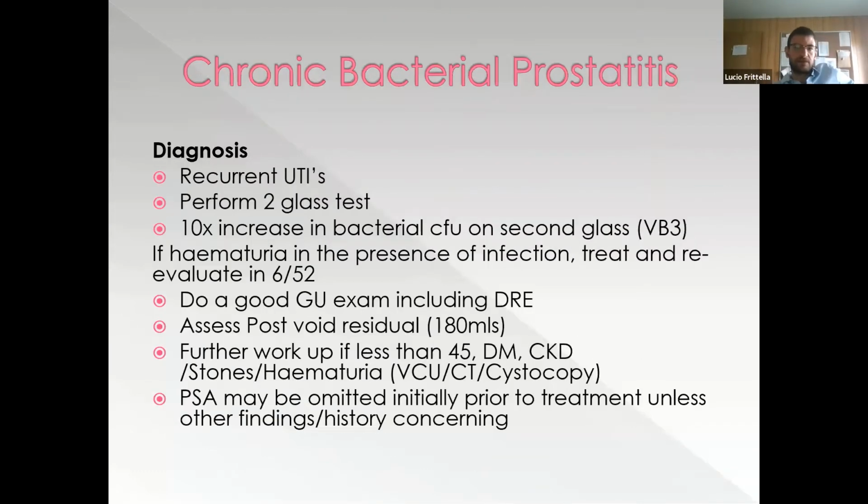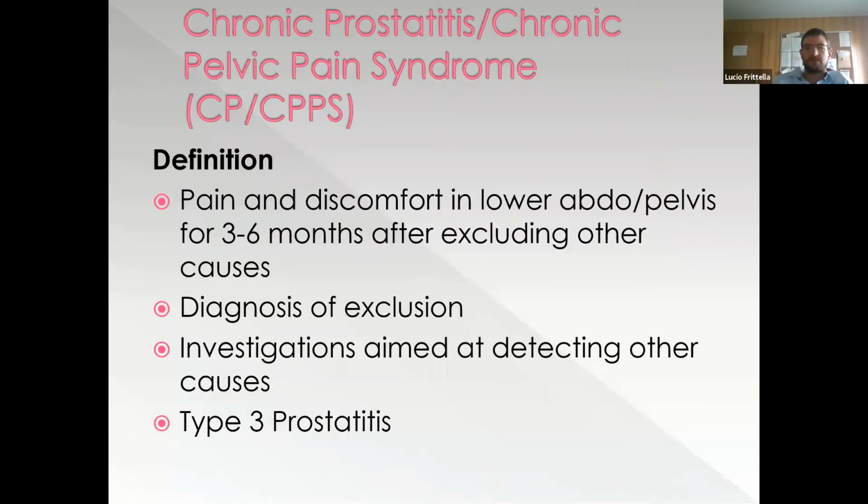And that's really it for chronic bacterial prostatitis. When we move on to chronic pelvic pain syndrome or chronic prostatitis, the type 3 prostatitis, the definition is pain and discomfort in the lower abdomen and pelvis for 3 to 6 months after excluding other causes. So again, it's really a diagnosis of exclusion, and investigations are aimed again at detecting those causes. It is a type 3 prostatitis, and